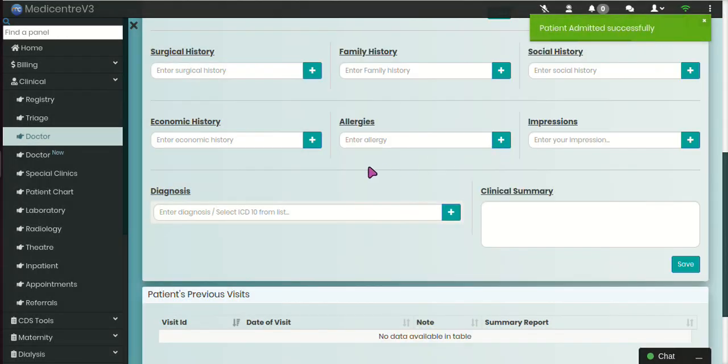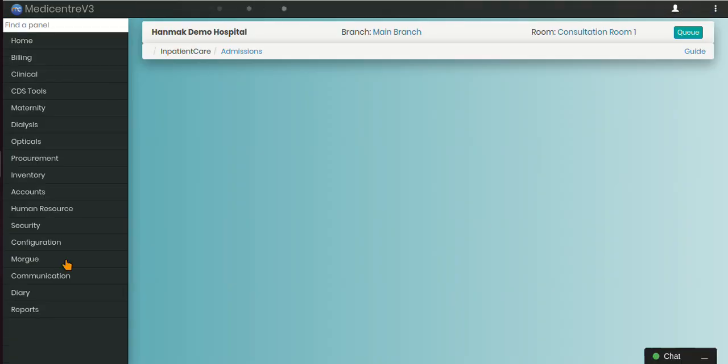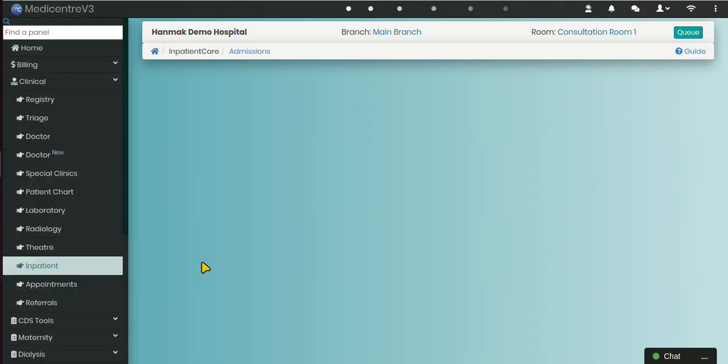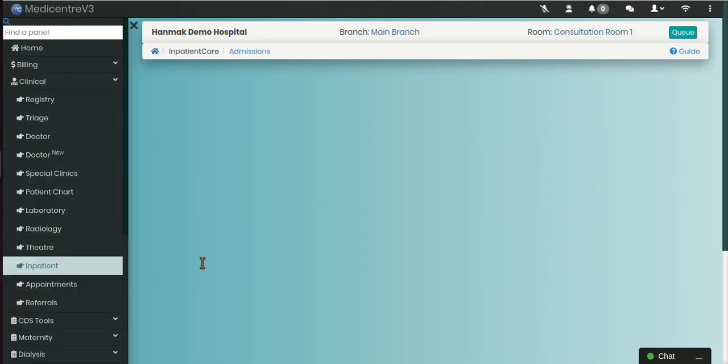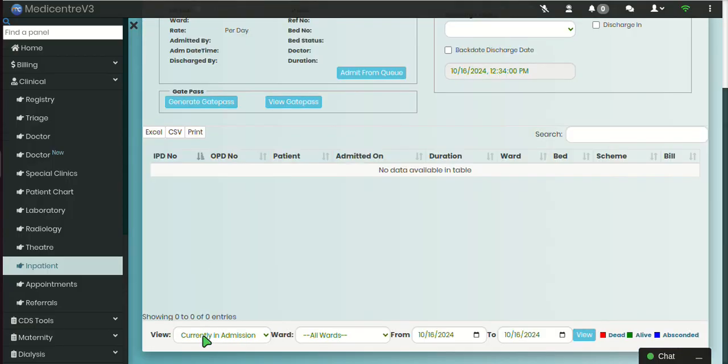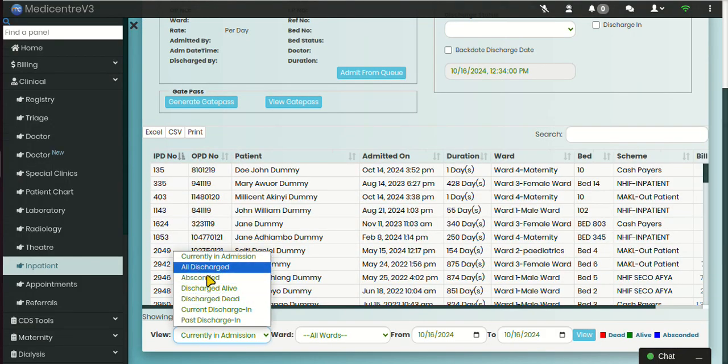To access the already admitted patients, under the clinical module, select the Inpatient panel. In the subsequent window, the system will display the patients currently in admission. In the View section, you can view all discharged patients, absconded, discharged alive, discharged dead, currently discharged in, and past